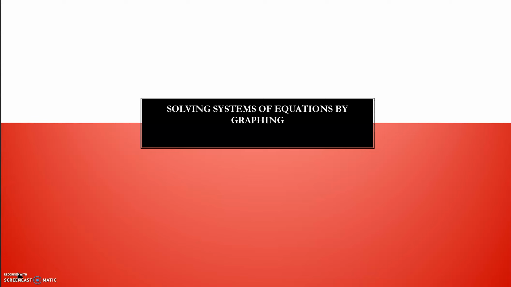Hello. So in our last video, we looked at what a system of equations is. In this video, we're going to look at how to solve them, not by guessing and checking. What happens if I don't give you choices? What happens if you have to do it yourself? There are three methods: graphing, substitution, and elimination. The first one that you will probably learn in class is graphing, and the reason why is this draws a